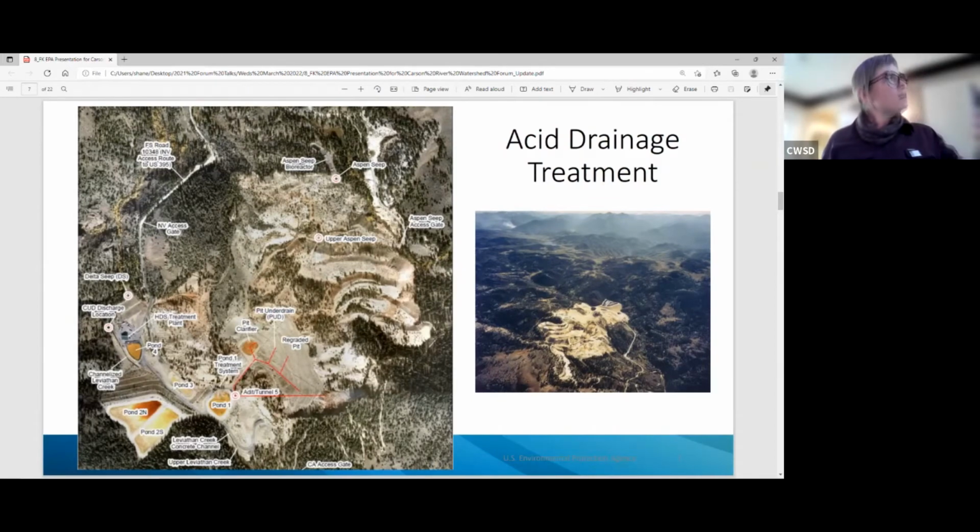So here we have that same image on the right that we saw earlier. And if we orient ourselves almost 180 degrees and look down, you see the map on the left. So we've got different treatment areas. I know it's a very busy map with all the words, but hopefully you can remember where those different sources were. There's the Aspen Seep way up there on the right-hand corner, and then down on the left,